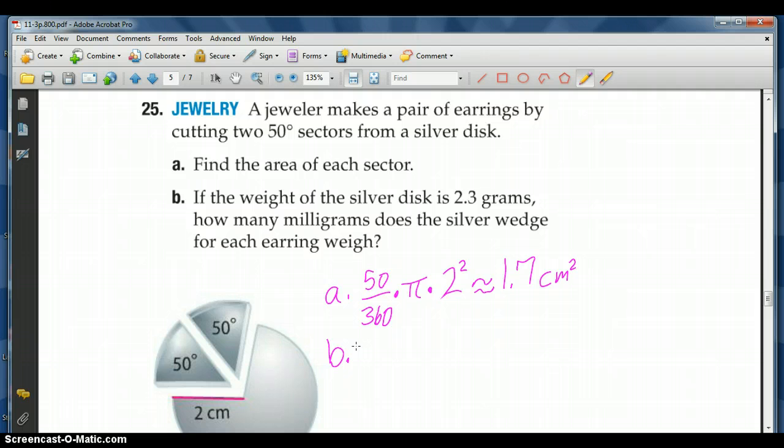Part B. If the weight of the silver disc is 2.3 grams, how many milligrams does the silver wedge for each earring weigh? So, the entire disc altogether is 2.3 grams. We want a fraction of that entire weight. The fraction that we want will be equal to 50 over 360, because that's what our central angle is. So the fraction of the total, and the total is 2.3 grams. So 50 divided by 360 times 2.3